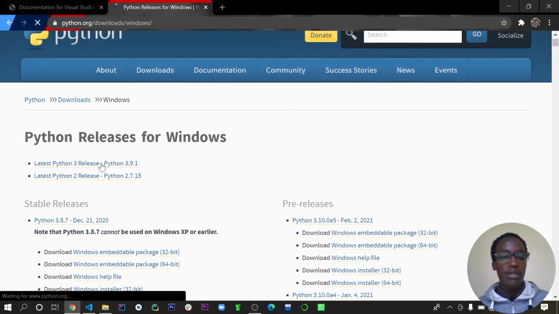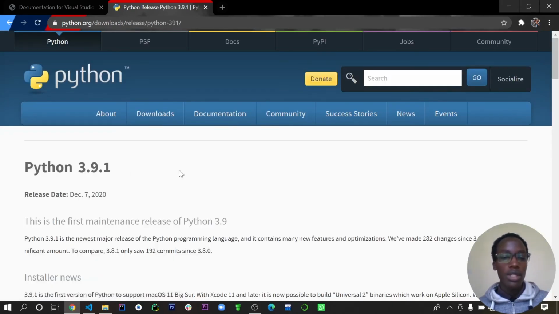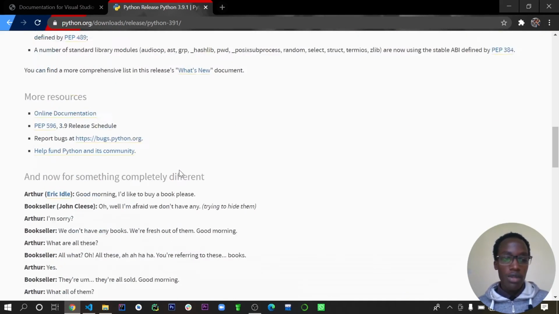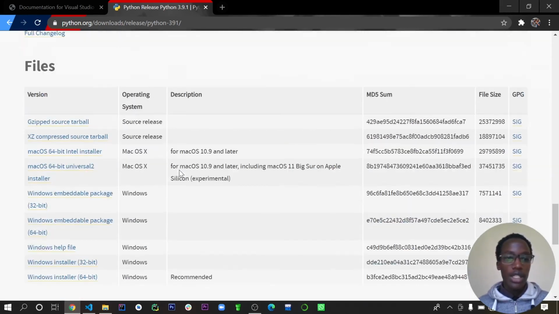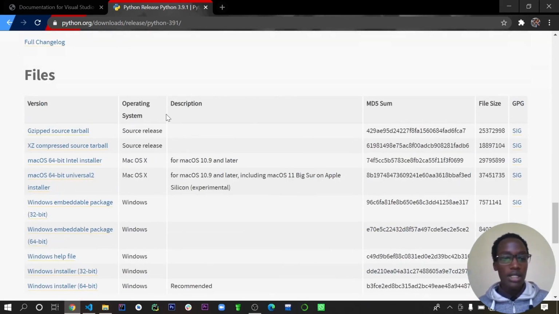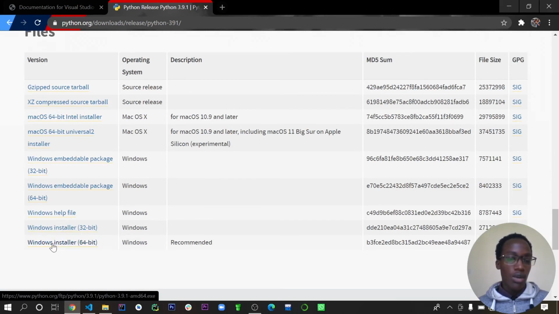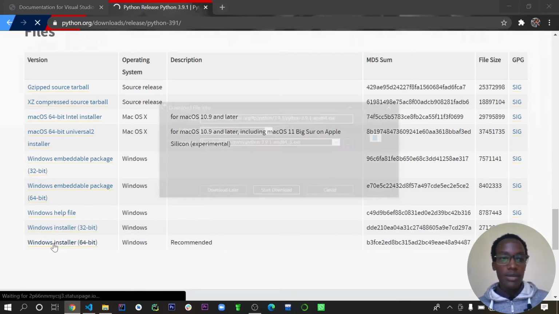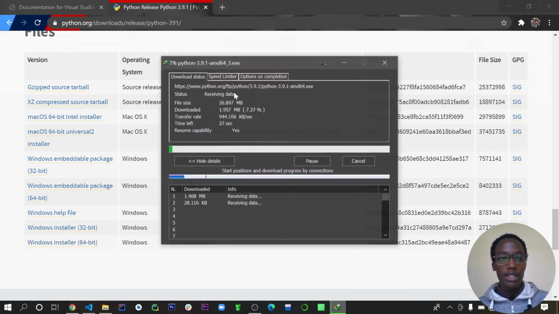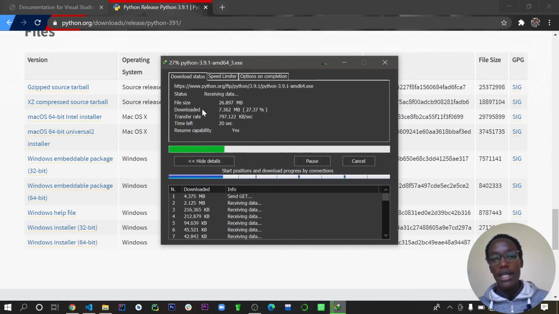As of 2021, the Python release we have is Python 3.9.1. It allows you to check through the installation types you want. You can choose between the Windows 32-bit or the Windows 64-bit. I'm going to go for the Windows 64-bit installer, and then I'm going to start my download. My download will run, and once it's done, I'm going to open my download and